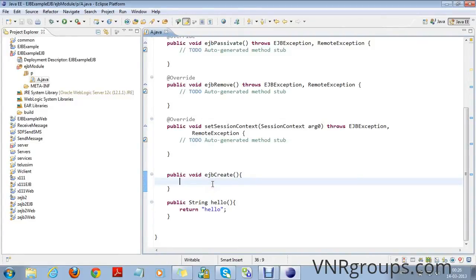Now we create an interface that will be used to call EJB methods by the client.